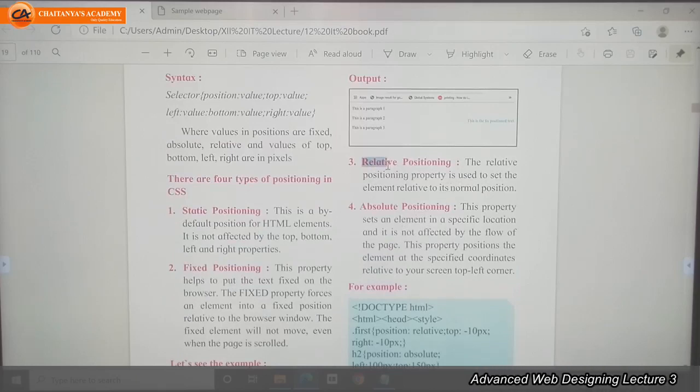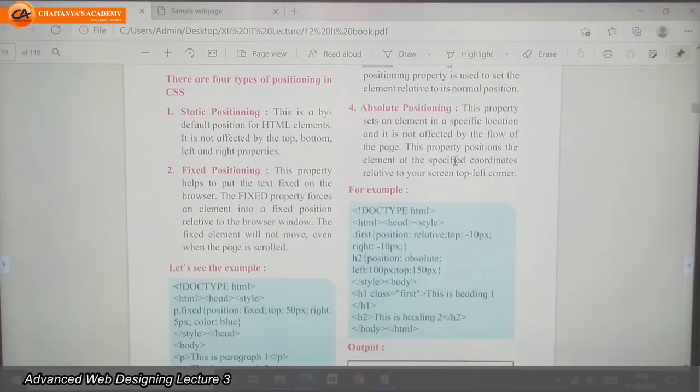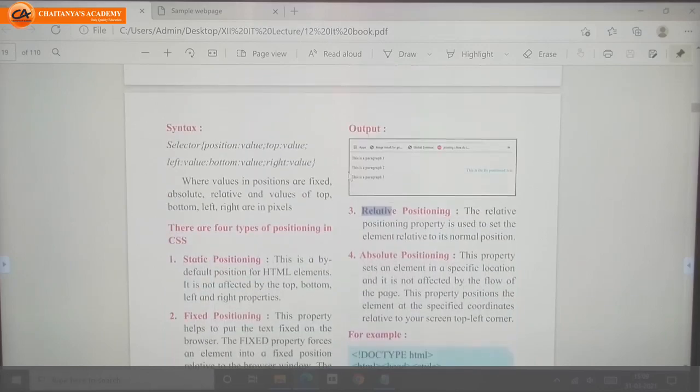The third property is relative positioning. Relative positioning is used to set the element relative to its normal position. Whatever position it takes by default, relative to that it will apply the top value, right value, bottom value or left value, whatever we have given.